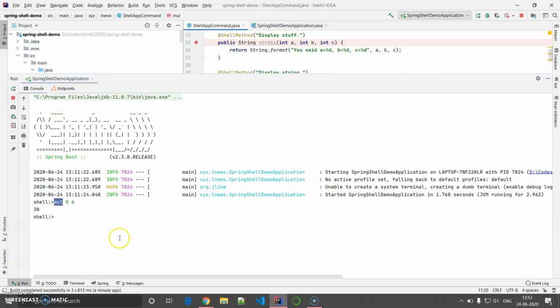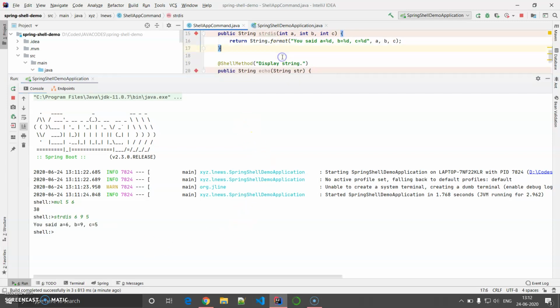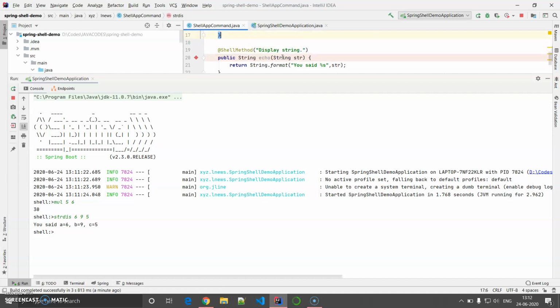So let us go for strdis. We are passing 6 9 5, for example. So we are getting values such as a equal to 6, b equal to 9, c equal to 5. Now we are coming to the example echo.